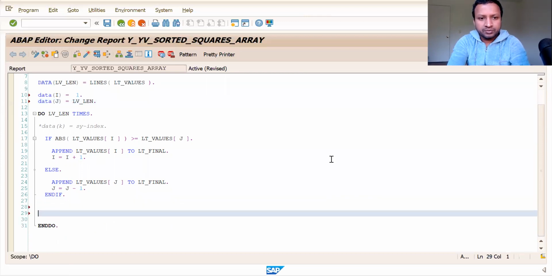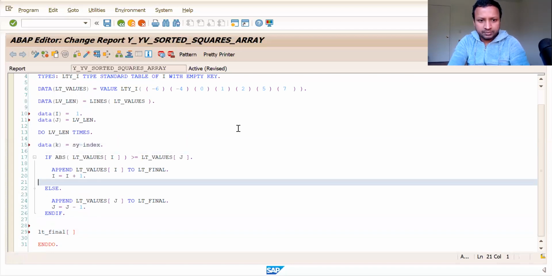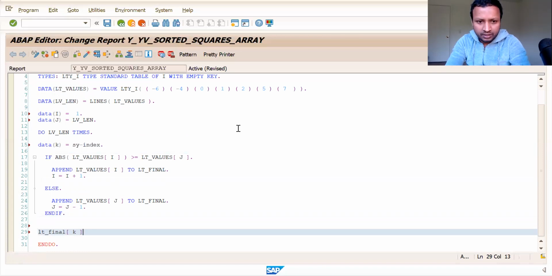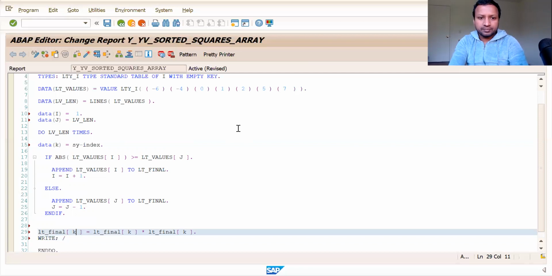So finally, we need to write our statement, lt final of k, equal to lt final of k multiplied by itself, because we need to have the sorted squares. So we multiply them and put it at the same index. Finally we can write our lt final.